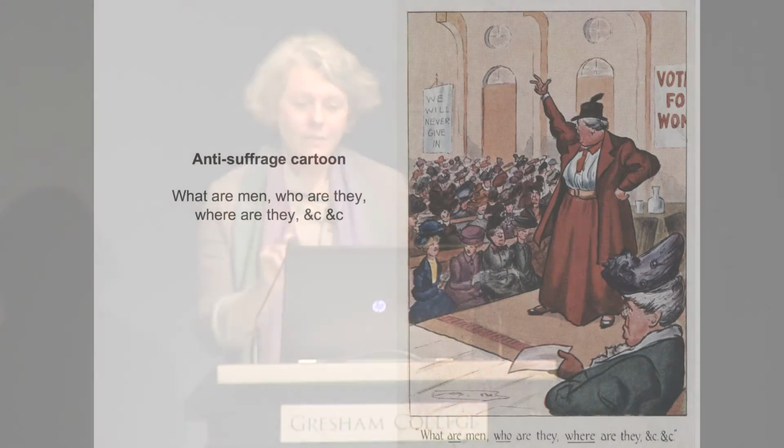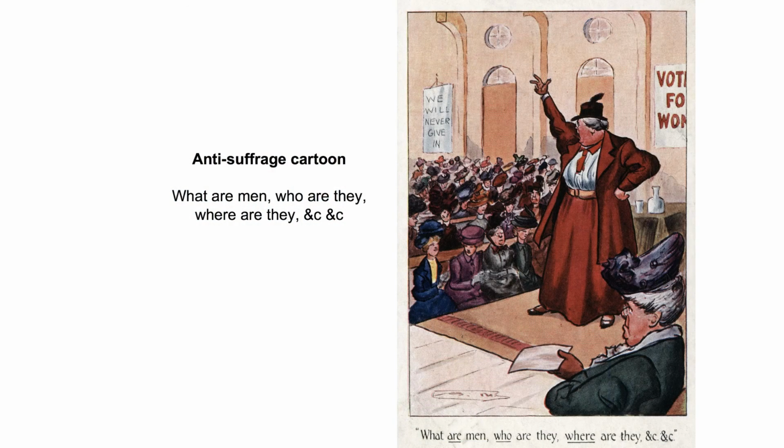So I just wanted at this point to have a look at some of that. That's Flora Drummond, but seen from an anti-suffragist, in a piece of anti-suffrage propaganda there. But she was quite a big, stocky woman, and so that's clearly modelled on her. But there's a similar industry of posters and postcards coming from the other side, which show women, as you can see here, masculine and unfeminine,